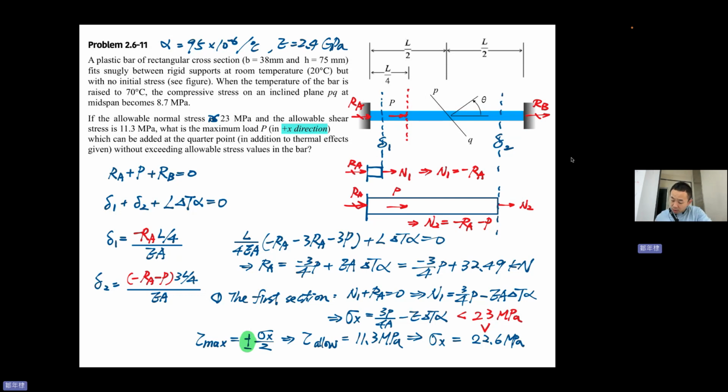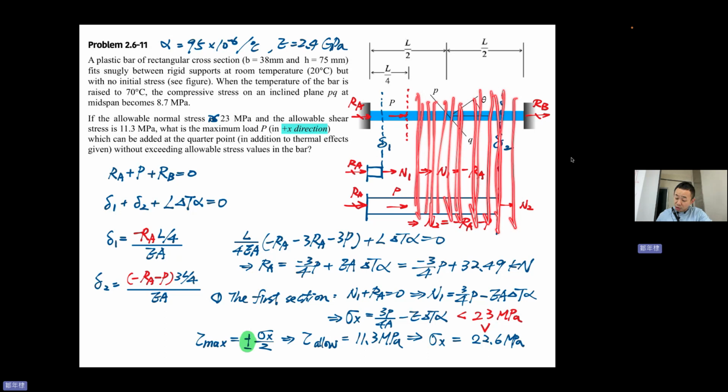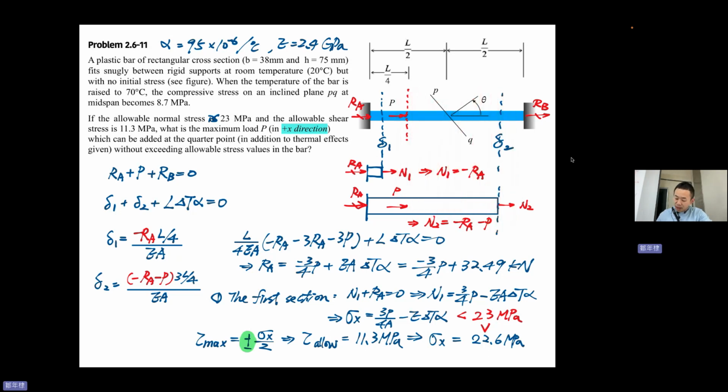So I can cut here, here, here, the result will be all the same, until here. I cannot cut here. I can only cut any cross-section between these